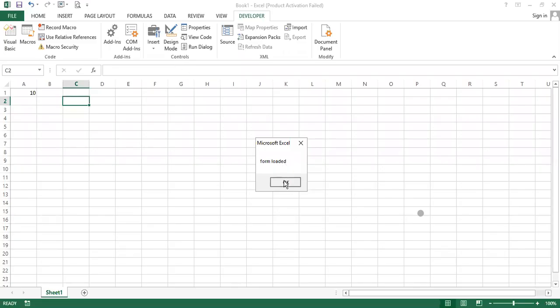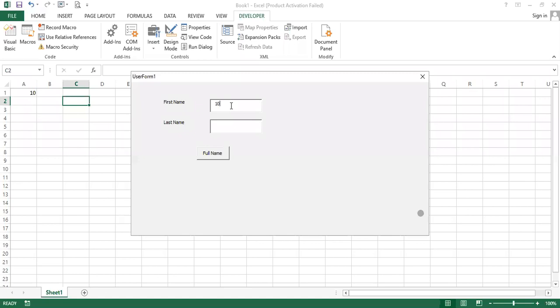Form loaded. Okay. So when you enter the form, immediately we have the value of this cell. That is what the form initialize does. When it is loaded, all the code available under that initialize will be executed. That's why I told you that you can use the form initialize event to initialize the variables or fields, or for whatever one-time execution is required. So on exit, the text box 1 value is displayed.